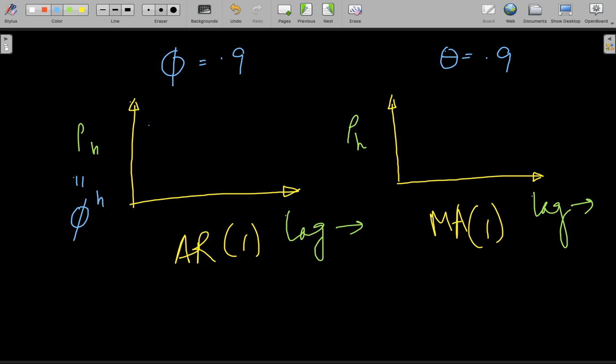Whereas this one, I have different values for different lags, right? So we'll write it down. Let me first plot this for the AR1 process. If that is my autocorrelation coefficient, the correlation coefficient is equal to rho power h, so that means